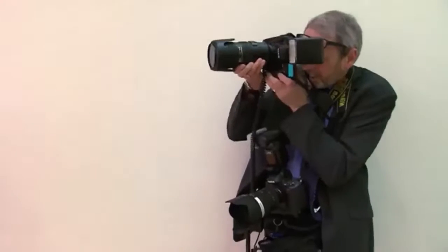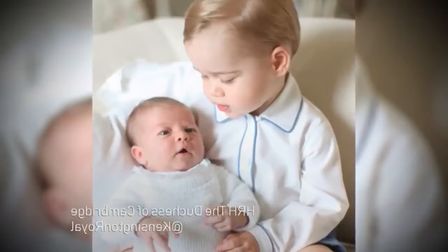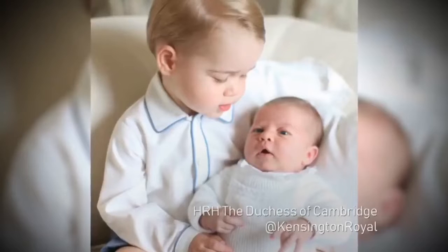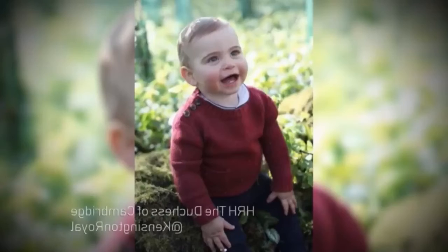Perhaps the Duchess's interest in photography gives some clue as to portrait. The Duchess of Cambridge, herself an art history graduate from St Andrews University, is an accomplished photographer. The first time that the world saw Princess Charlotte up close with her brother Prince George was when her mother released these photos. The shots, I think, by a photographer could be quite formal, and she wants to have much more sort of action shots, much more intimate shots,